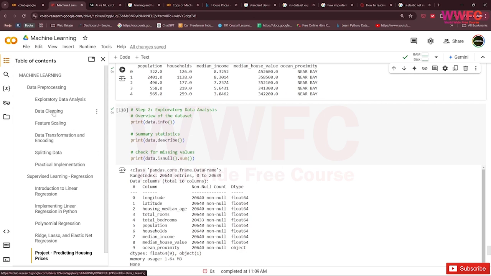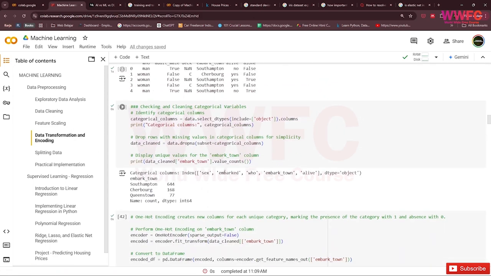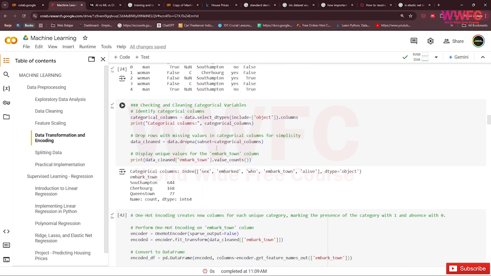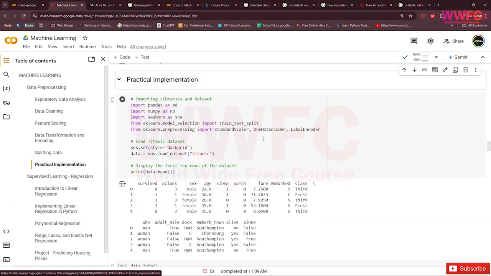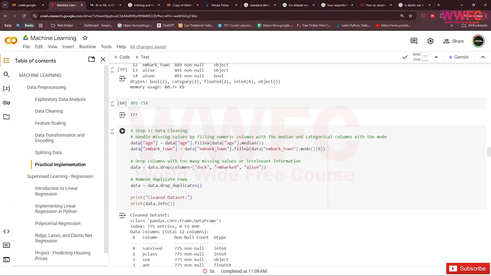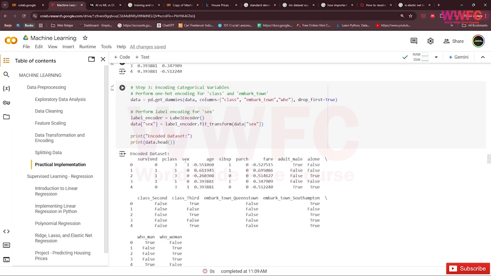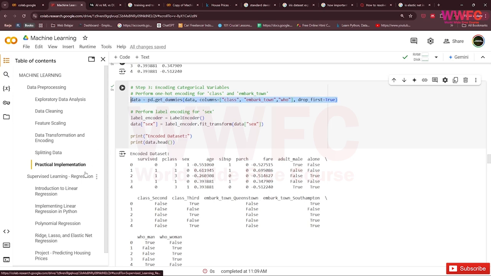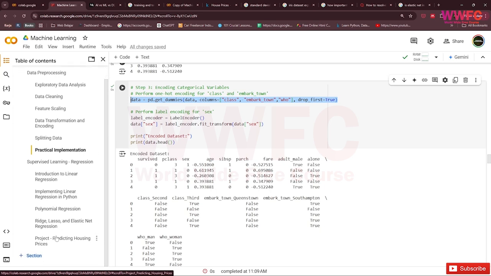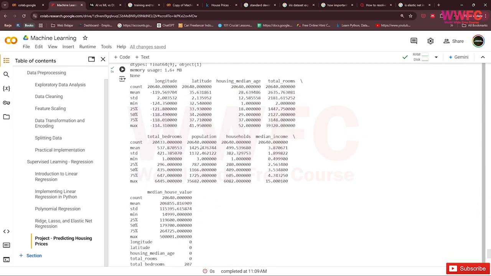So how about we transform the data first, before handling missing values and feature scaling, with encoding.